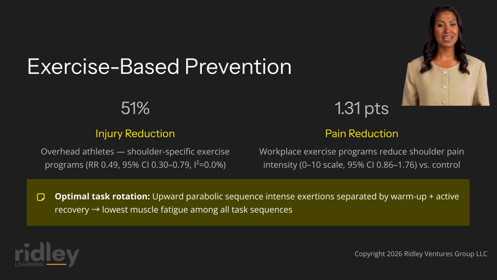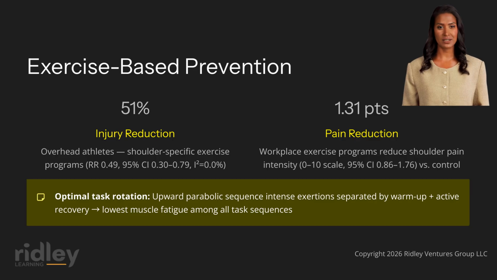Progressive, criteria-based exercise programs are the cornerstone of both prevention and treatment for rotator cuff disorders. A pooled meta-analysis of shoulder-specific exercise programs in overhead athletes demonstrated a 51% reduction in shoulder injury rates, cutting the risk roughly in half, with highly consistent results across all studies included, supporting the efficacy of strength, stability, and sport-specific